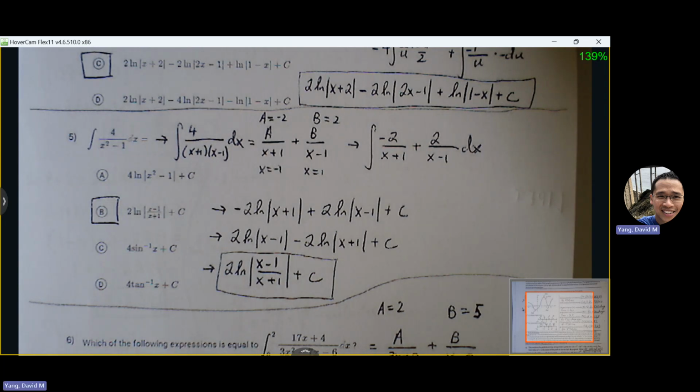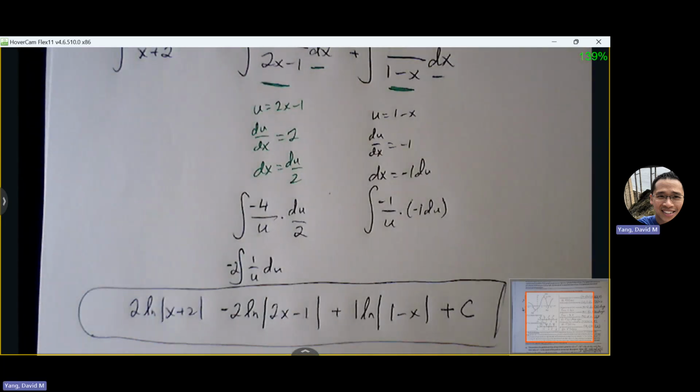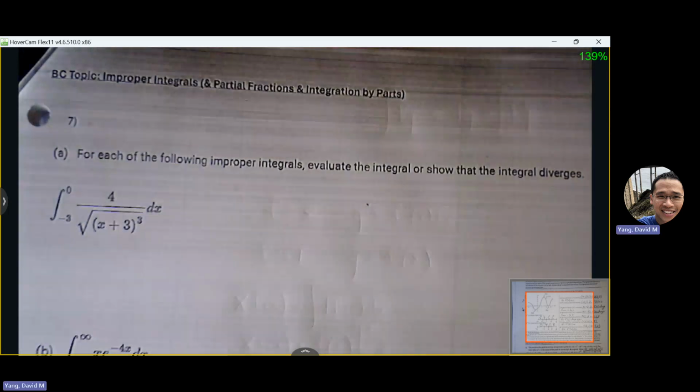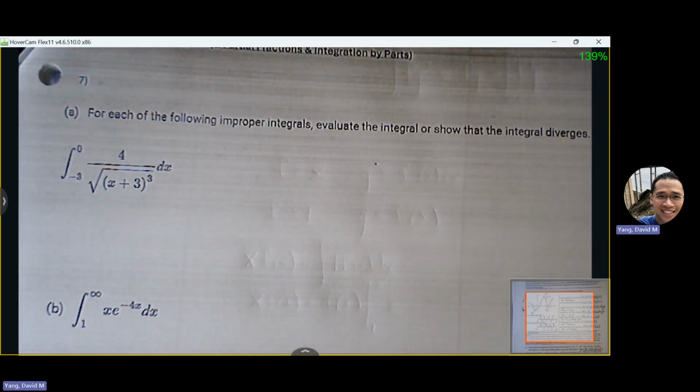Let's go to the next page, and let's explore improper integrals. So improper integral is if one of your bounds is sitting at infinity, or one of the bounds is sitting at an asymptote. We'll go through a lot of the same process. It's just that at the end, our evaluation would be either approaching the vertical asymptote or our B approaching infinity or negative infinity. So let's start with number 7,